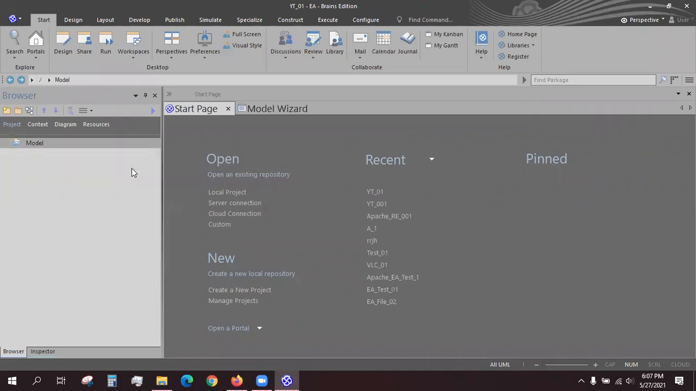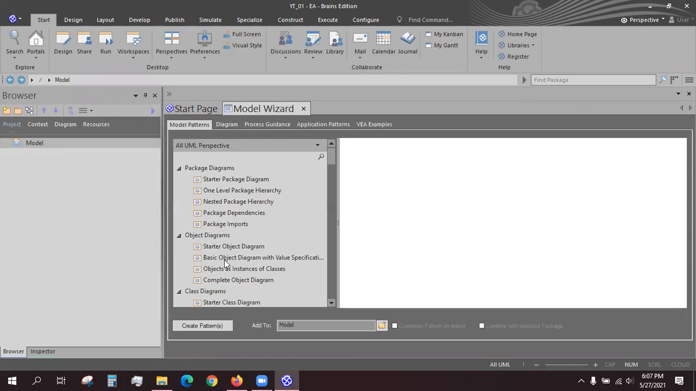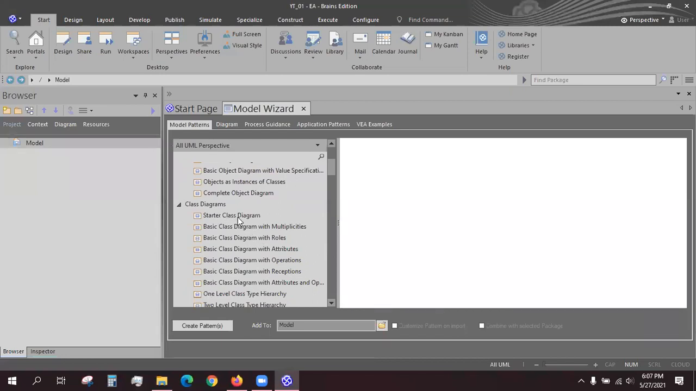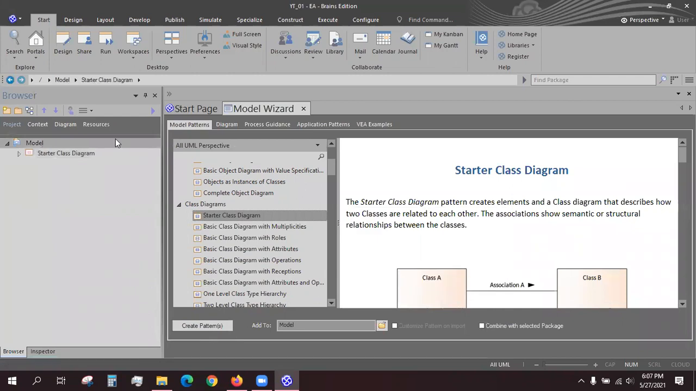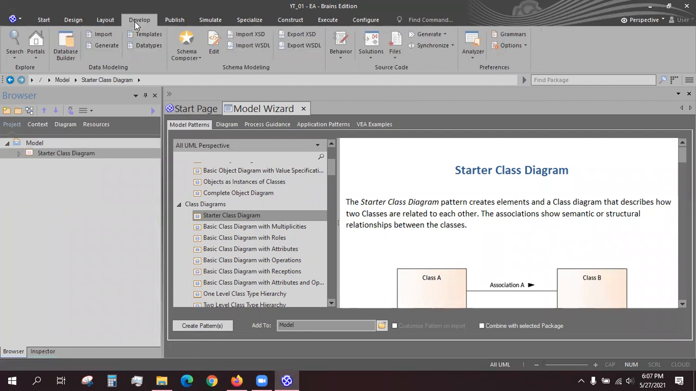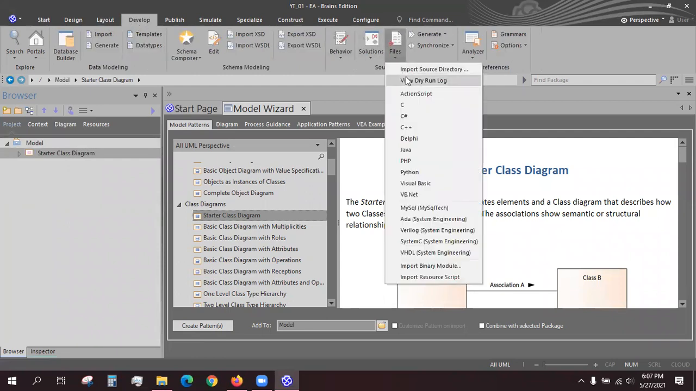Then add module using wizard. You can add any module from here. Model pattern, you can add any pattern. However, starter class diagram is more appropriate, so select this. Now you can see starter class diagram has been created, and now we have to go to develop files, import